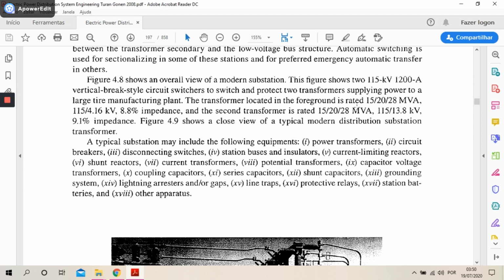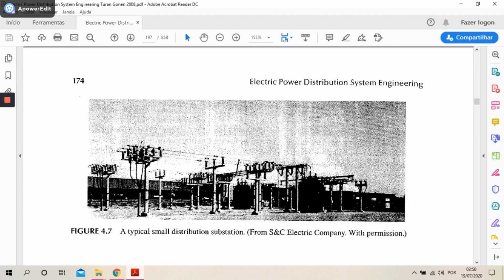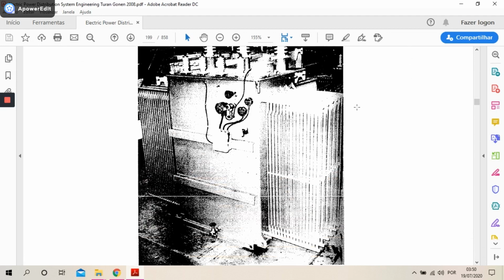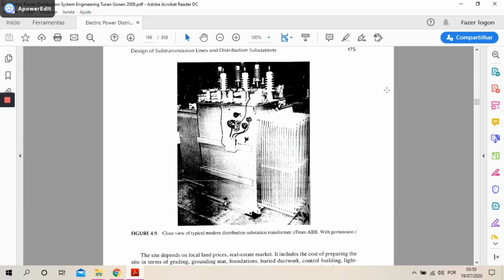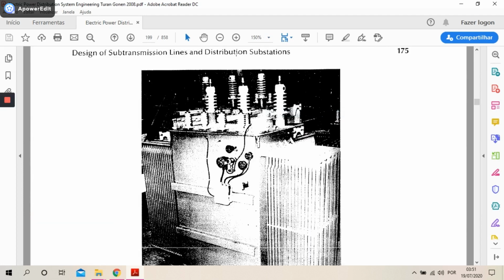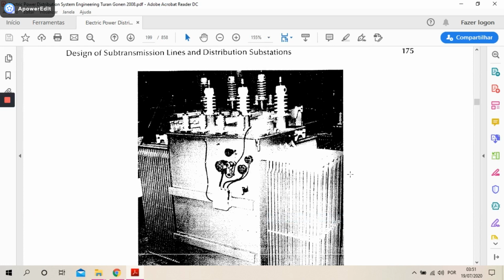Figure 4.9 shows a close view of a typical modern distribution substation transformer. This is figure 4.9. Close view of a typical modern distribution substation transformer. You can see this is a three-phase transformer and not a set of single-phase transformers connected in three-phase. Returning to the text,